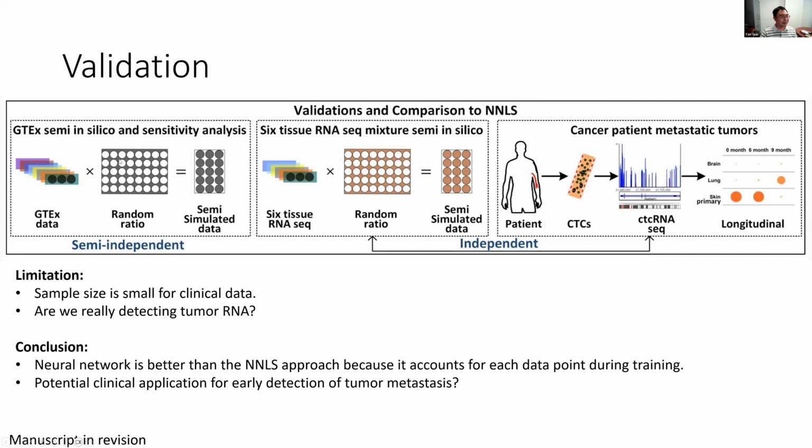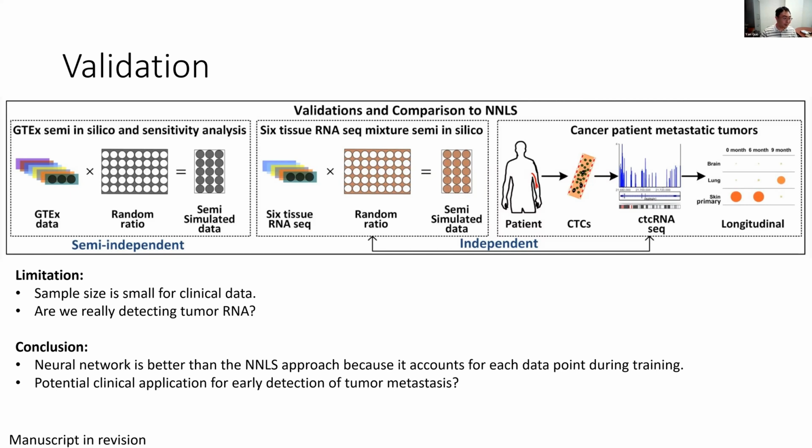What I mean by semi-in silico is from one patient, because the patient has multiple tissues sequenced. So we just took random tissues from that patient and made combined tissue type RNA-seq data. It's like a fake RNA-seq data, but it's not completely fake, not completely simulated, but it's combined from multiple tissue